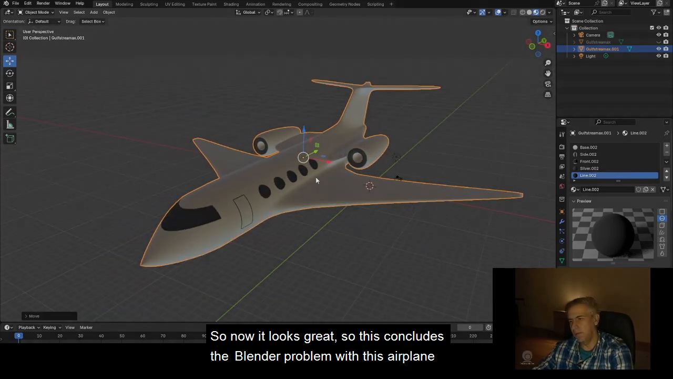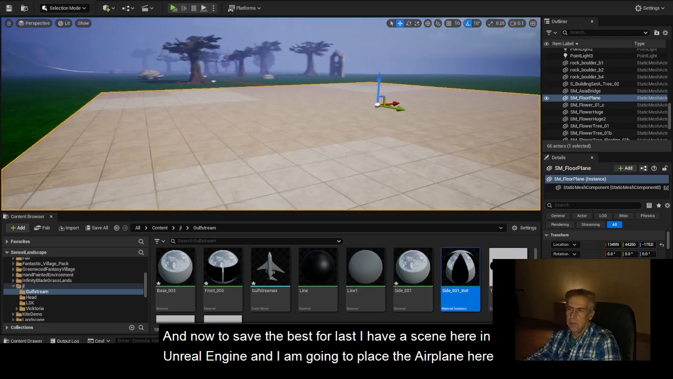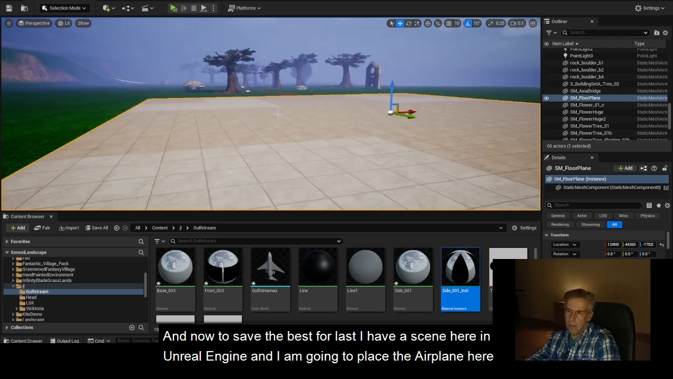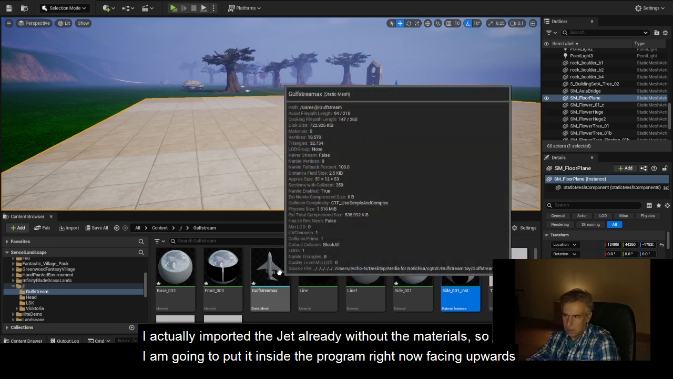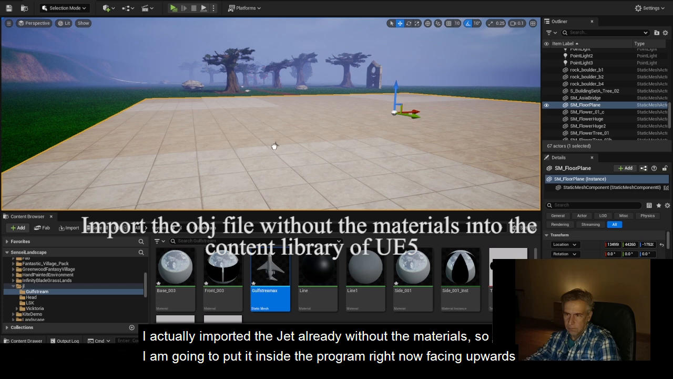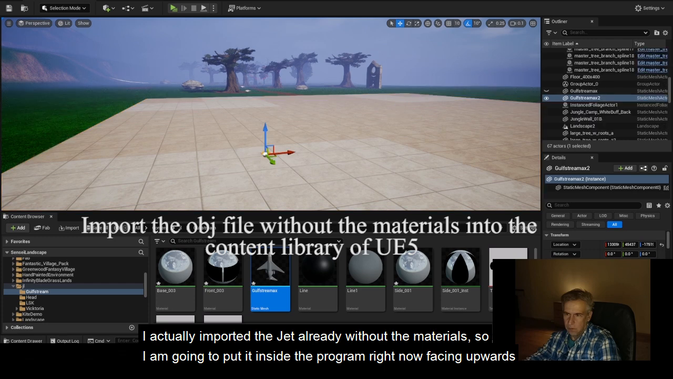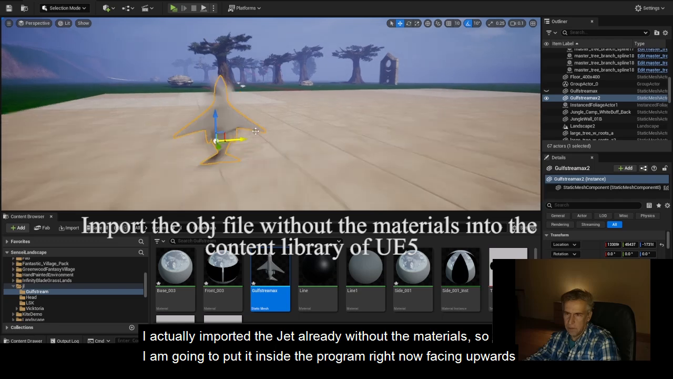problem with this airplane. And now, to save the best for last, I have a scene here in Unreal Engine, and I'm going to place the airplane here. I actually imported the airplane already without the materials. So basically, I'm going to put the airplane inside of the program. Right now it's facing upwards,